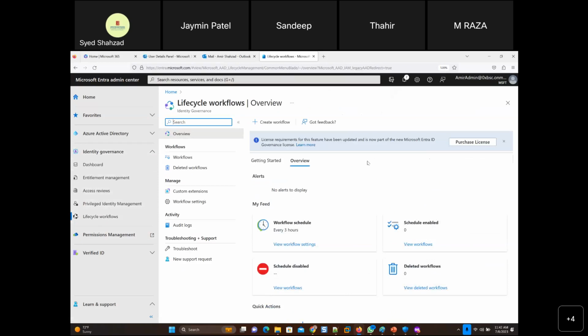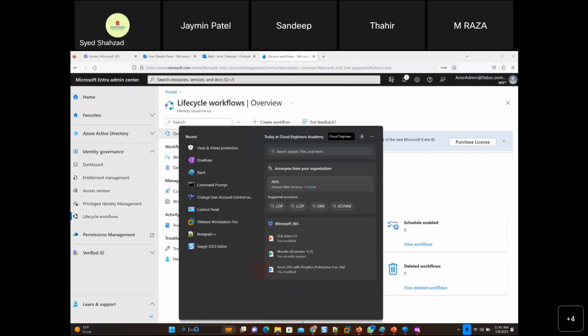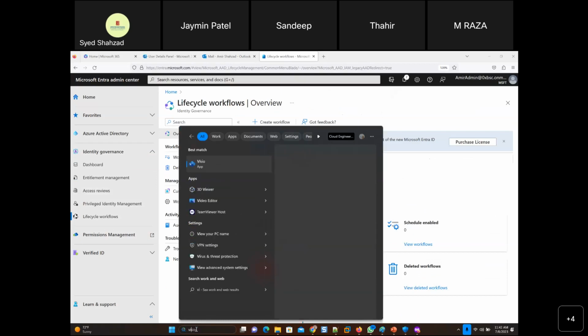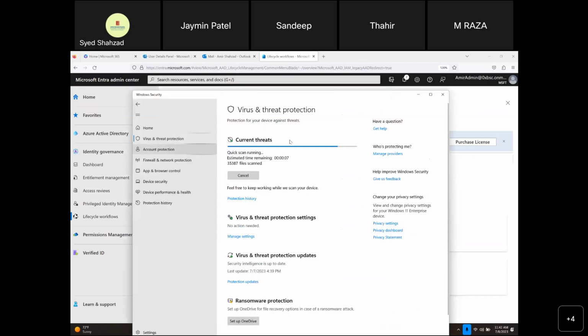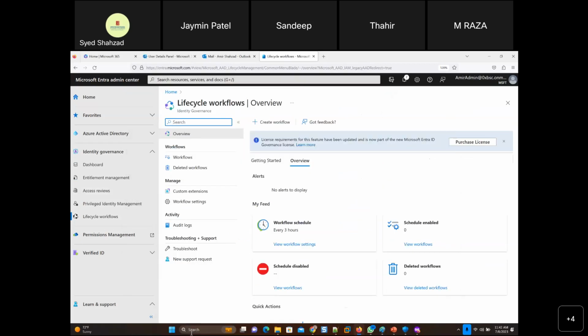So purchase license. And by the way, Raza, if you have Windows 10 or 11, just check here. Where were we checking? Virus. If you put here virus, then this should come up, virus and threat. If you click that, there is actually a Defender. Is it in 10 as well, Jimmy, or is it in 11 only? So there's a built-in antivirus. It's in Windows 10 as well. Oh, okay. So you can just start the scan. I am scanning here till now. But there's a Microsoft Defender antivirus built into Windows.